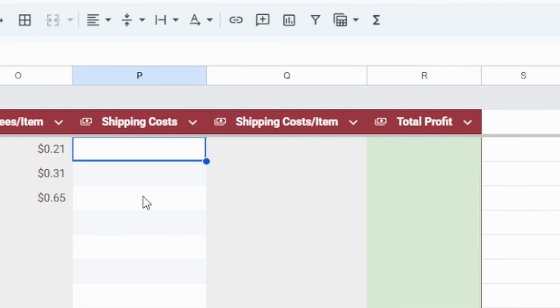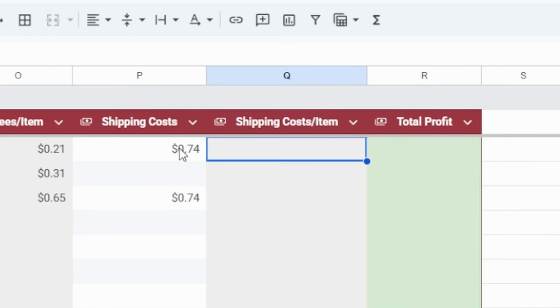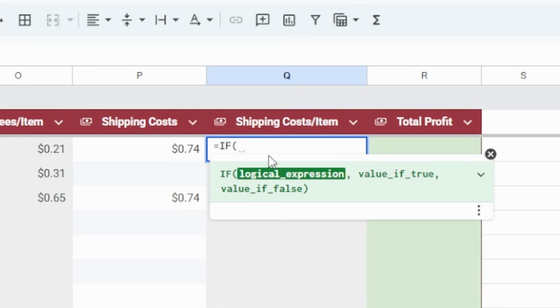Shipping costs will work the same way. Say it costs us 74 cents for each of these, right? That's the current discounted rate for ESE shipping or shipping from a regular shipping service like stamps.com or ShipStation, etc. So again, it's the same type of formula. Equals if